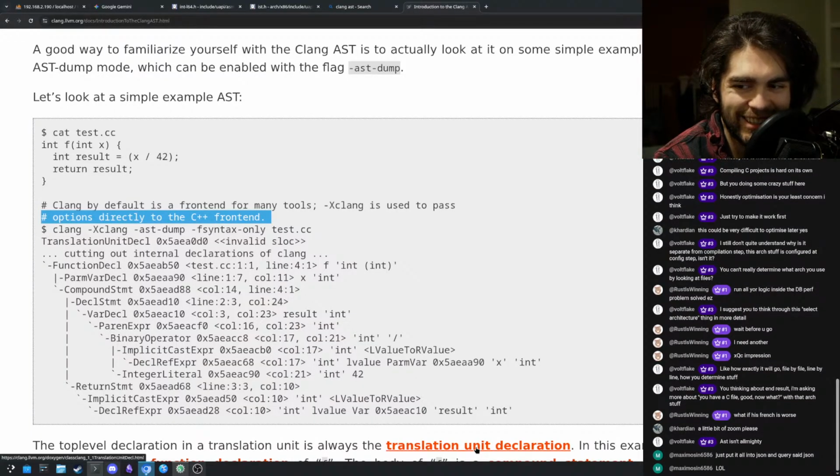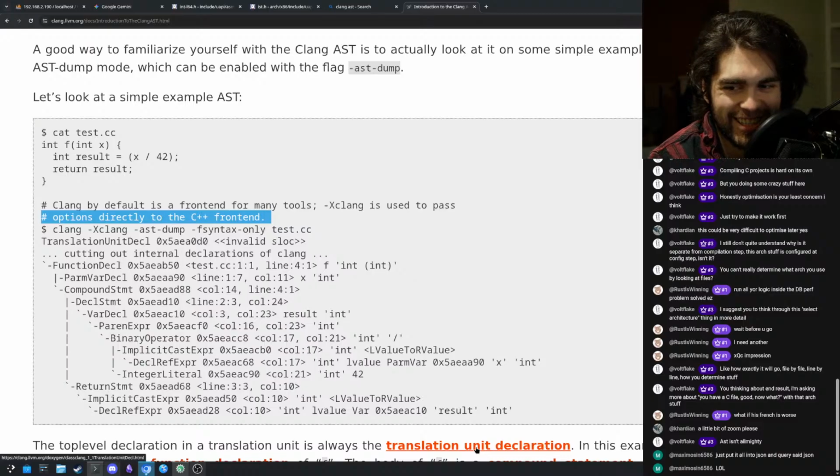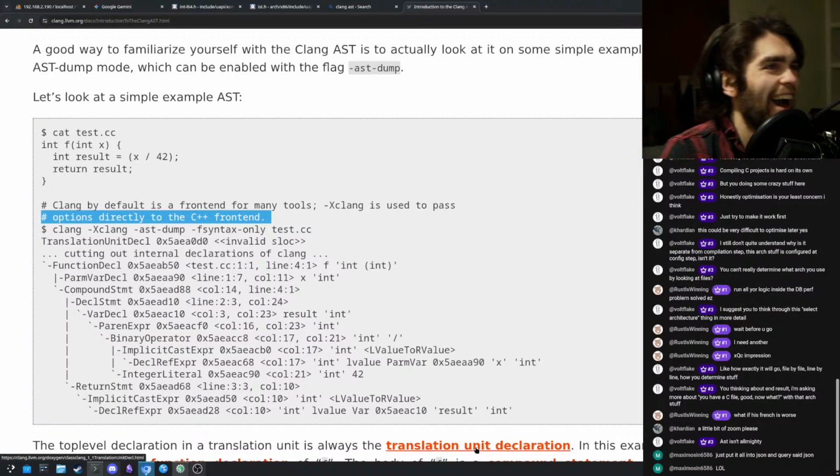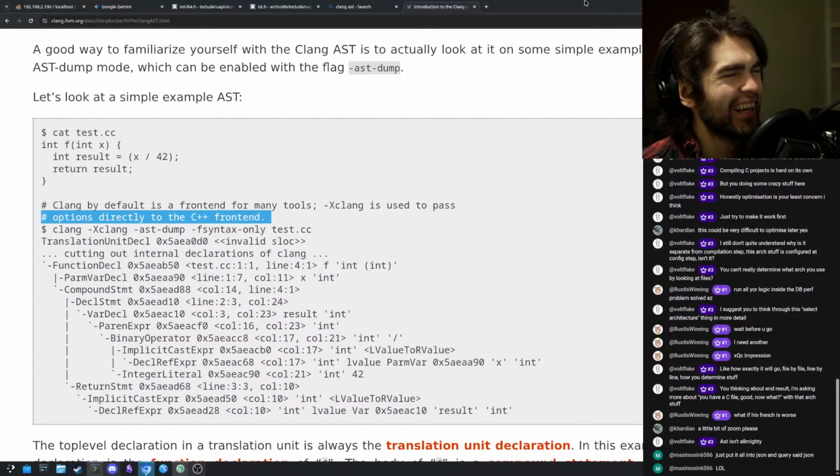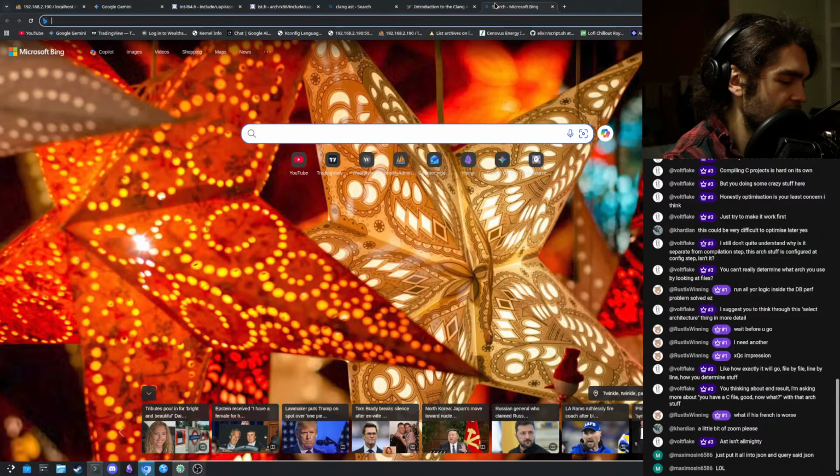Just put it all into a JSON, and query said JSON. I feel like I need to do the